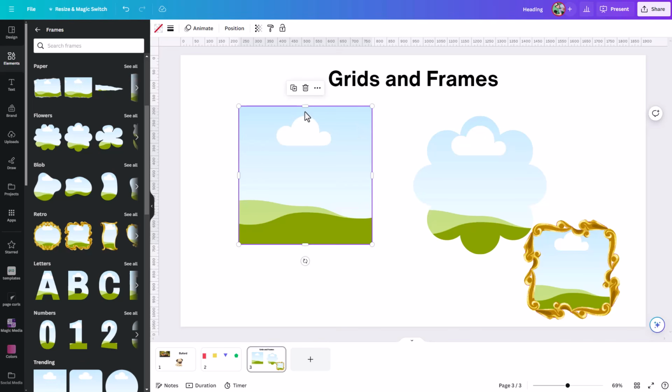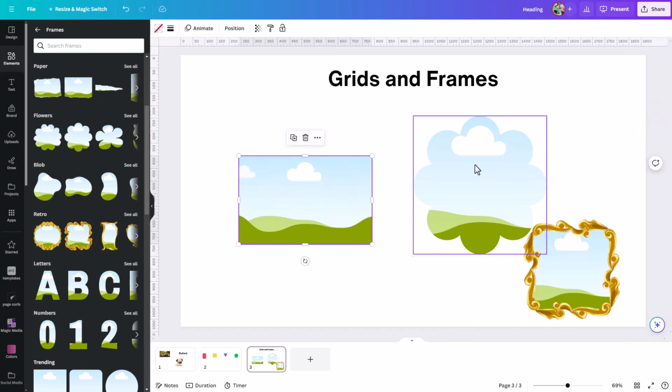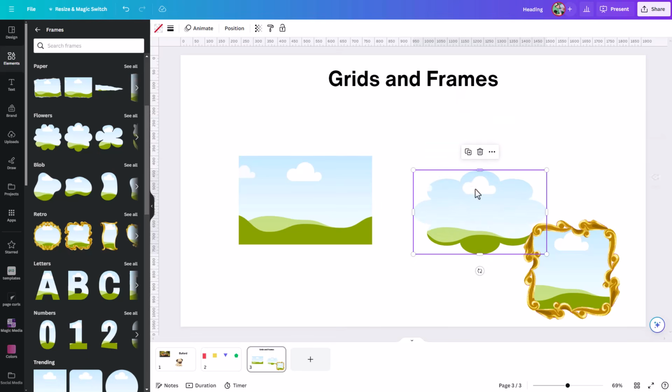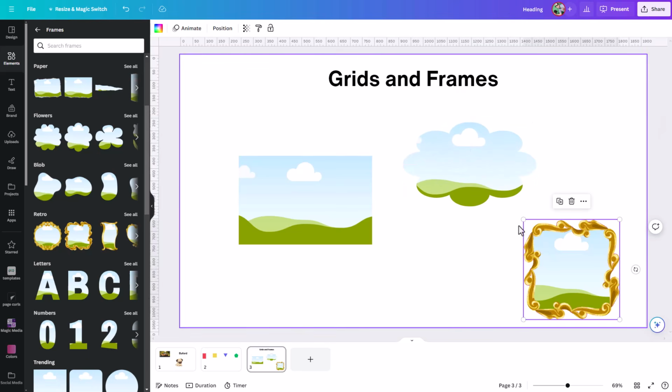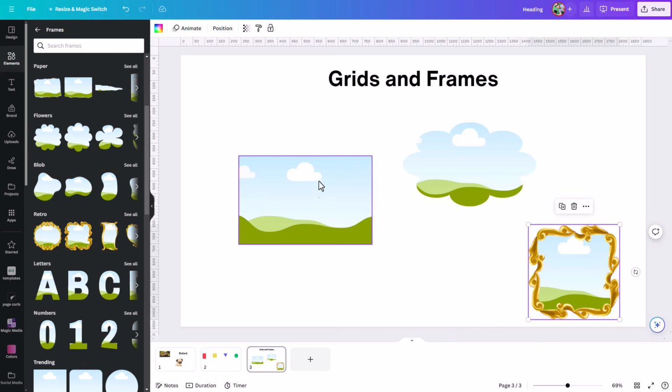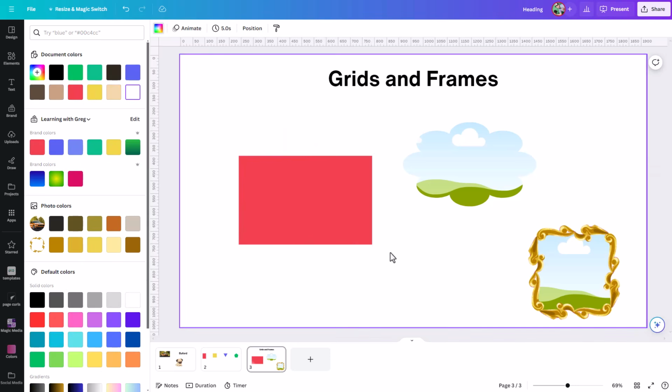And then you'll notice some of them also have side handles where you can resize this one, or with this flower one, sort of squash down the shape. This one here, I only have the corner handles, so it's going to be a little different sometimes between frames, but then they all have this image, and basically all this is a placeholder. Now I could come in here, and for any of these, I could just use it to add a background color. But usually what you're going to do is add an image